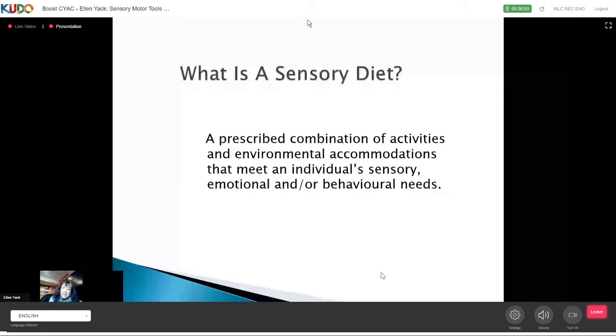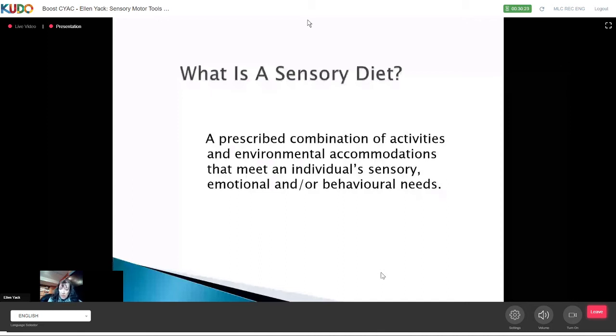So sensory diet is something that OTs have talked a lot about for the last 30 years. The term was coined by actually Patricia Wilbarger. Some OTs in some programs have moved away from using that term because sometimes it can be misunderstood. The term is used to describe a combination of activities and environmental accommodations that meet an individual's sensory, emotional, and